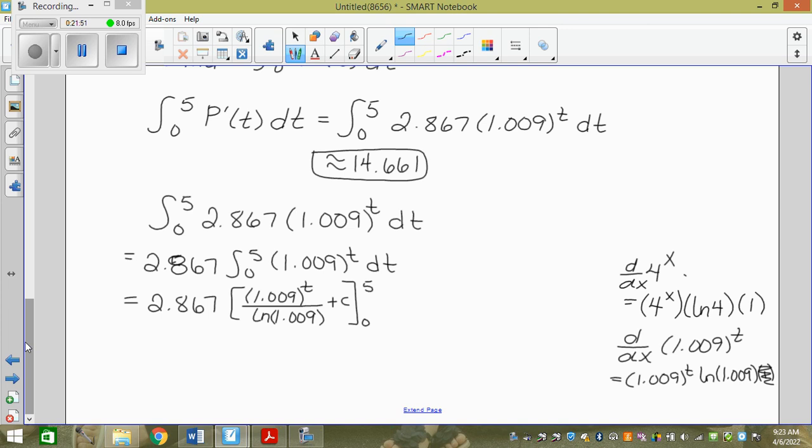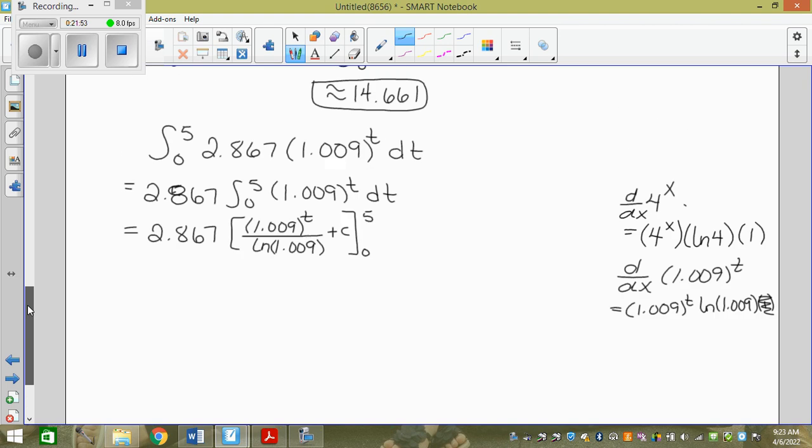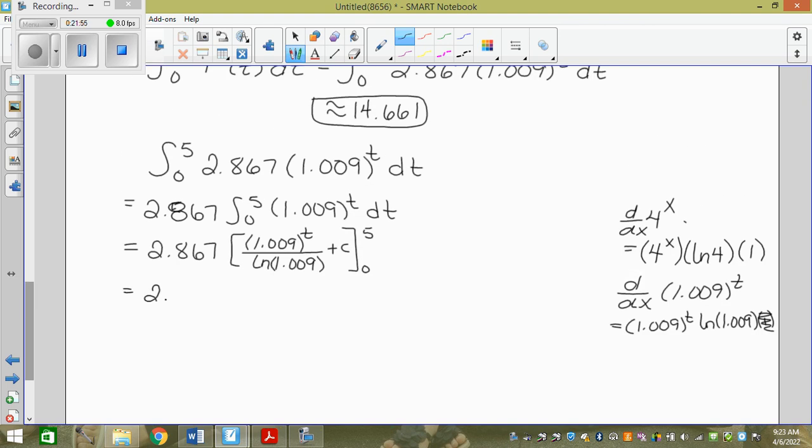So now we just do our normal fundamental counting principle. So we go 2.867. Now remember, if this is in a non-calculator section, people are like, oh, but Mrs. Lepp, I do not know the answer to ln of 1.009. Neither do I. Good call. So what are they going to expect you to have? They're going to expect you not to turn it to a decimal. Because why? You're not in a calculator section. Understandable. Okay? So here we would have